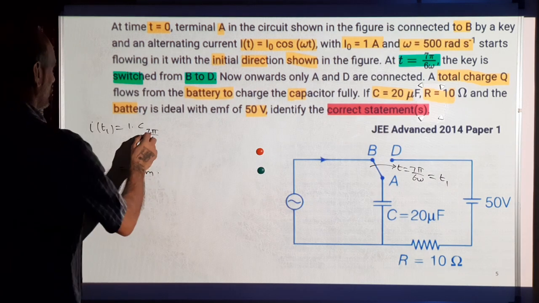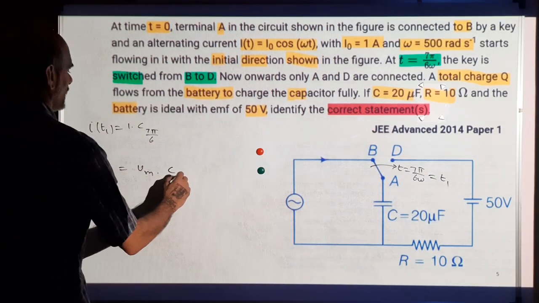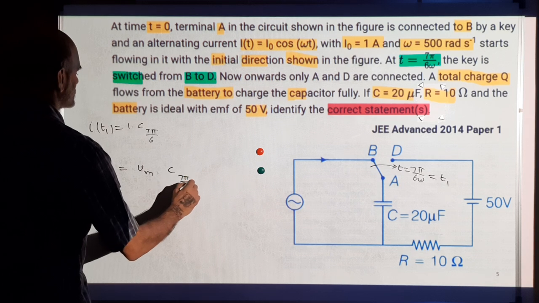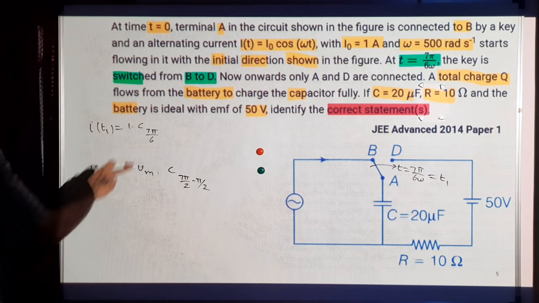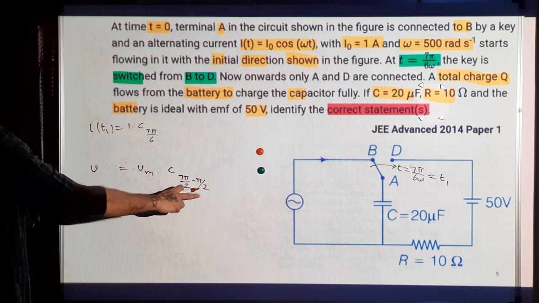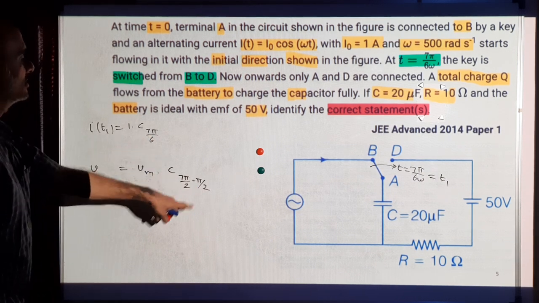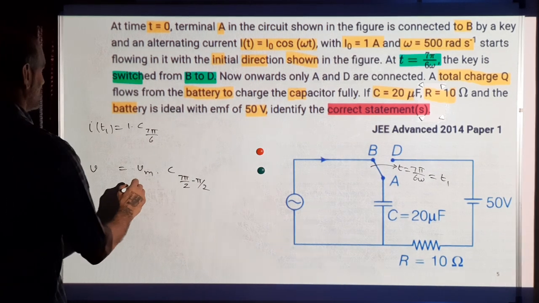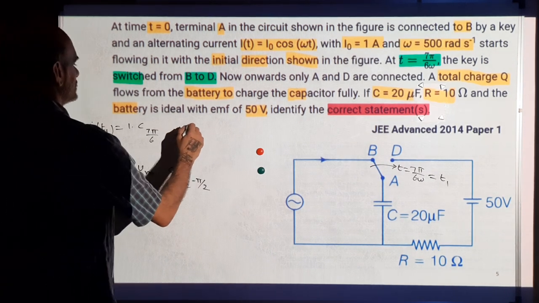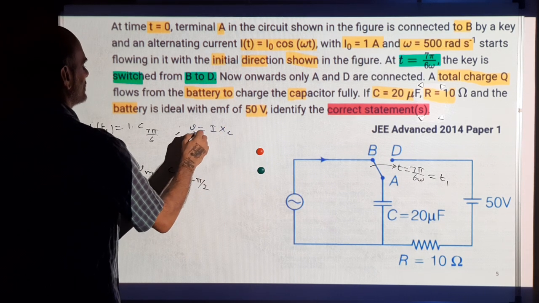that is Vm, into whatever is this phase. The voltage will lag by an angle of 90 degrees, which is pi by 2 radians. Current will lead the voltage by pi by 2. So voltage is lagging the current by pi by 2. So I have to subtract this angle by pi by 2. And Vm is related to, for V equal to I into Xc. So Vm equal to,